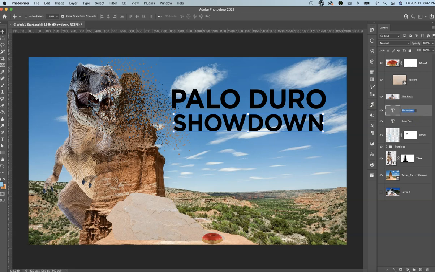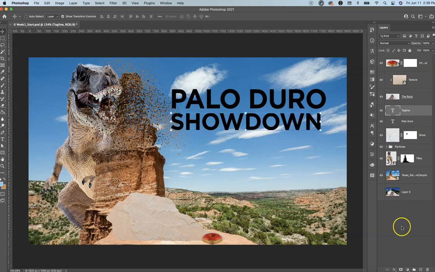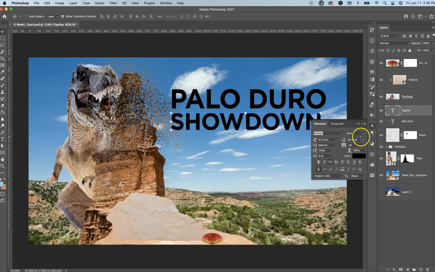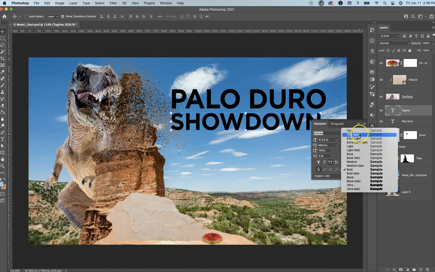However, if you didn't want this to say Showdown, you just wanted to label it maybe Tagline, it doesn't change what you said over here. It just helps you know this is more for your organization as far as naming on this side. So we've got Showdown. And in our character tab, I want to still use Gotham, but Gotham has a wide